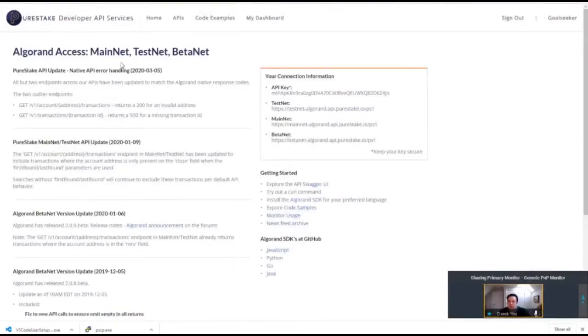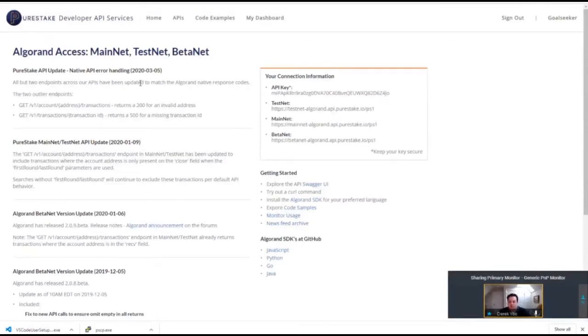I'll start here with the API services. Imagine that you're a developer and you want to work with the Algorand network. Algorand itself has this node software, the client, that you can download and install and attach yourself to the network. The challenge is that it takes some amount of time, and this is true for any blockchain, to synchronize that node. And then once it's synchronized, you need to make sure it's running 24/7 and getting upgraded, all those operational things that have to be done whenever you're running a service.